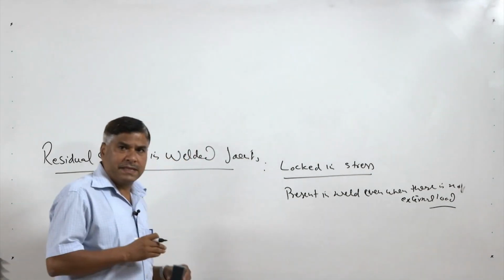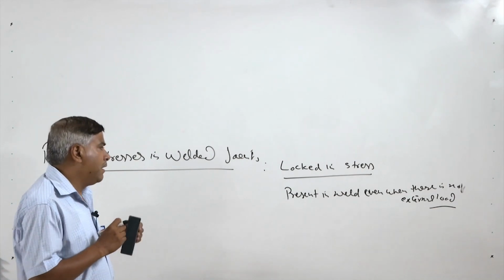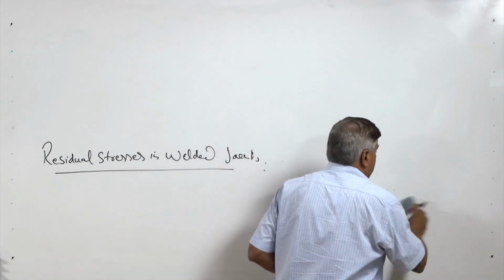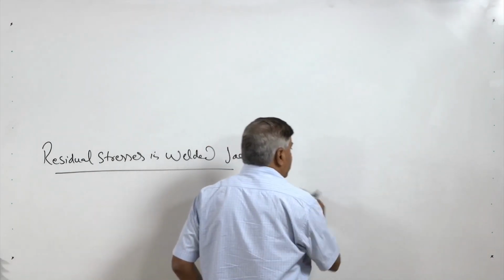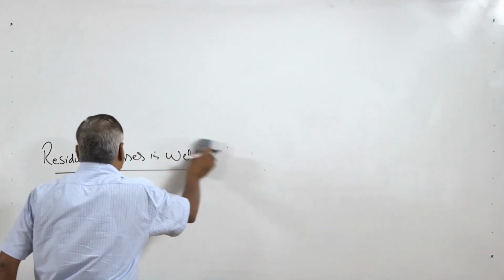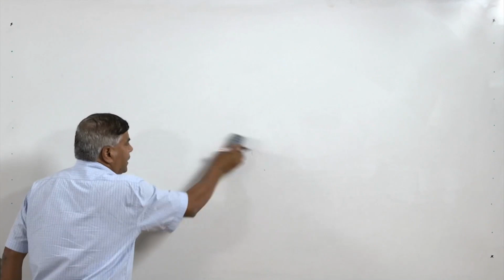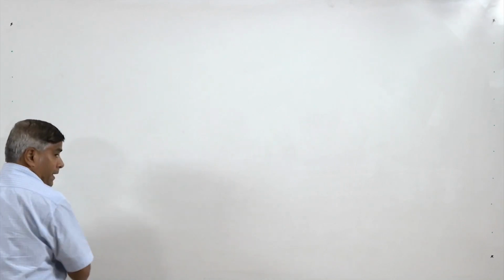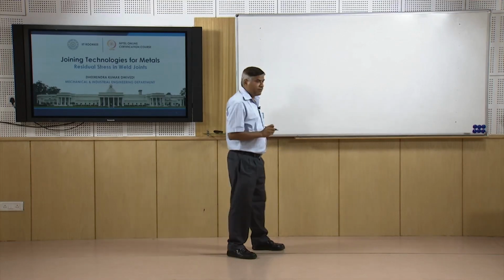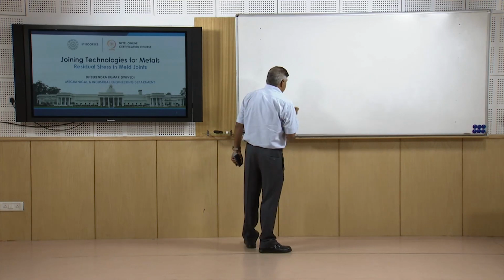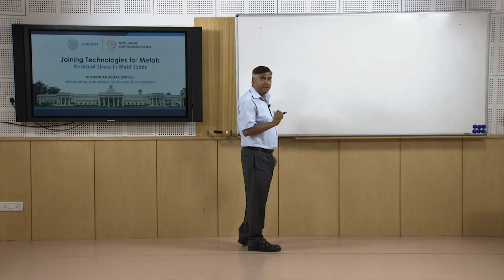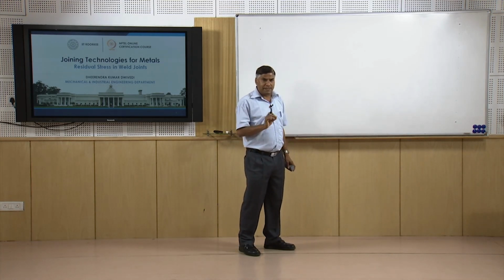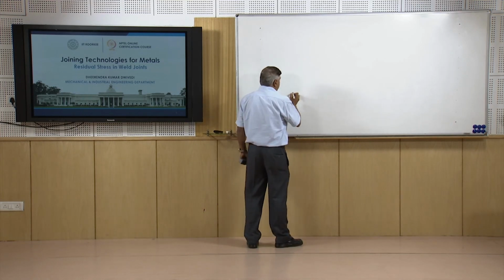So, where from do these come when a weld joint is developed? In the base metal, there may not be any residual stresses, but when a weld joint is made, we find that there are some stresses already present even when there is no external load. Such type of stresses are called residual stresses, and there is one common reason for all the situations whenever residual stresses develop, that is the